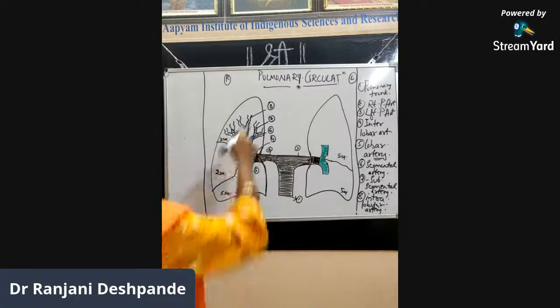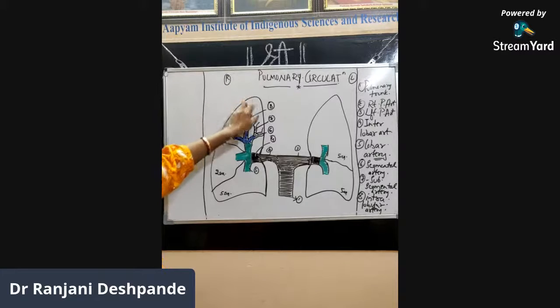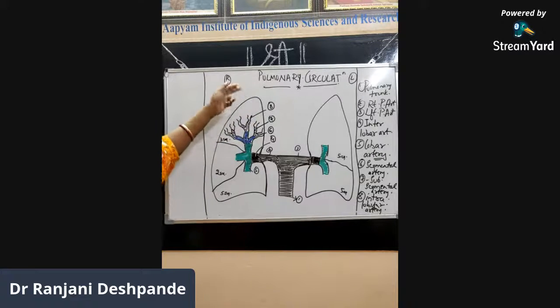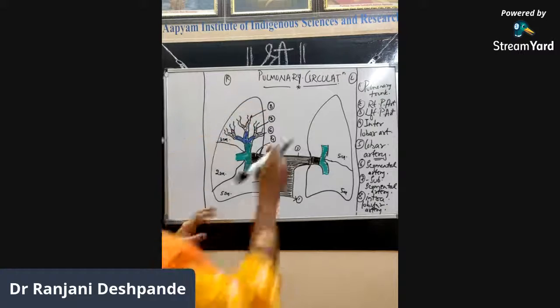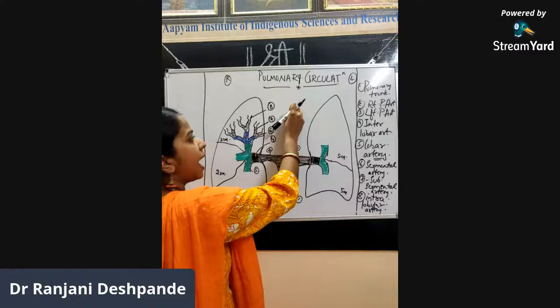So in continuation, from the intralobular artery we will again have minute pulmonary arterioles. From the arterioles, we have pulmonary capillaries. At the capillary level, gaseous exchange will take place, and from that will start again the venules,